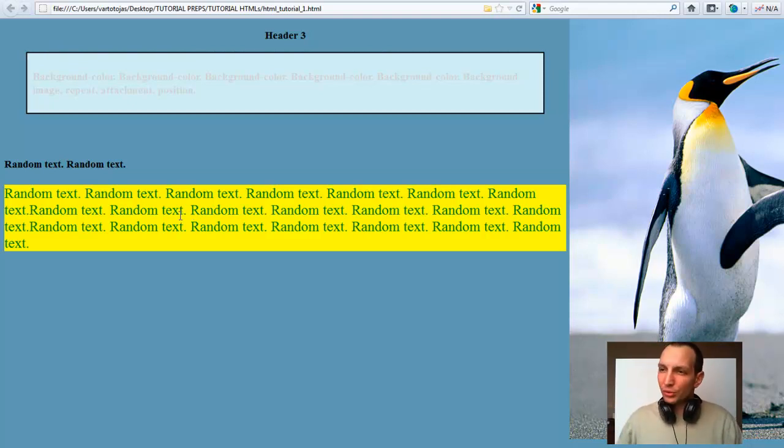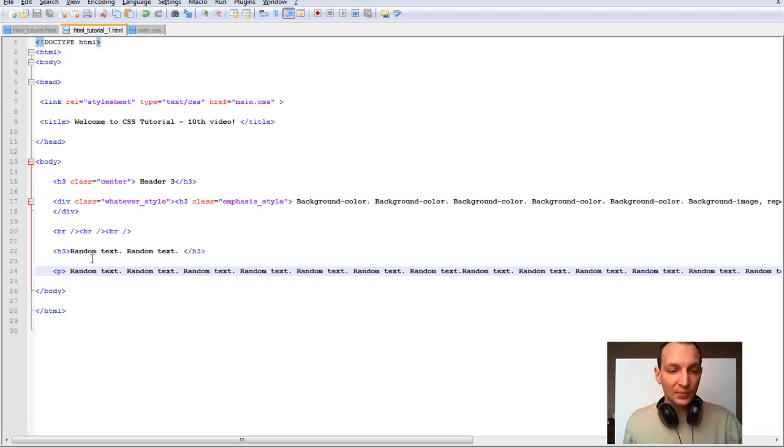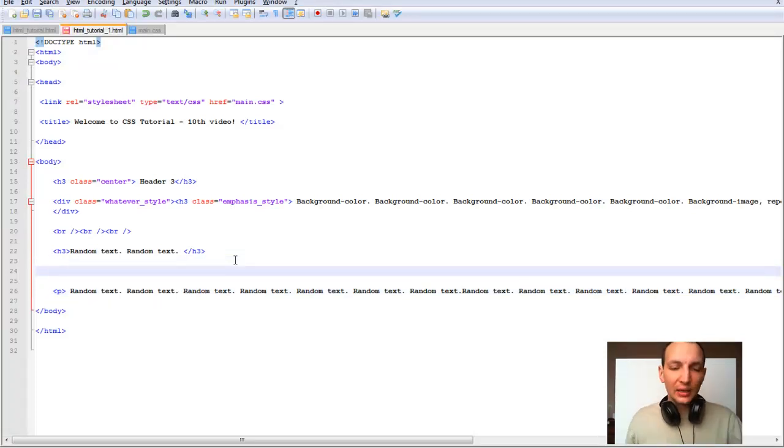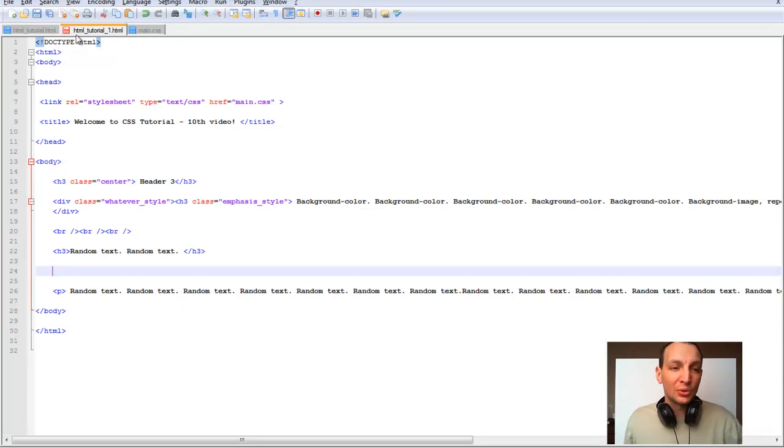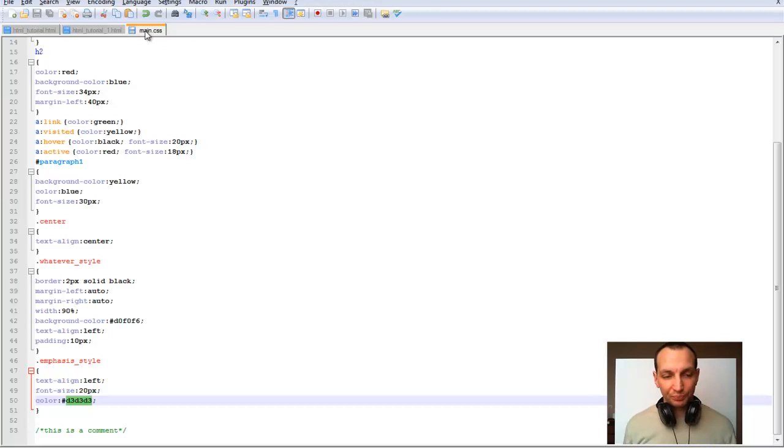So guys, now what I want to show you is one more thing, and that thing is how to play with the positioning of the text. Say guys, now you have an article that you want to place on your website, and a random text that you see here is a header for your article, and that's the content for your article. Now usually all the articles, guys, have a date next to it. And the dates are usually placed in some dedicated position on the website. It can be either on the left hand side or on the right hand side of your website, or whatever you would choose. But now in this example, guys, in order for you to show how those properties and values work,